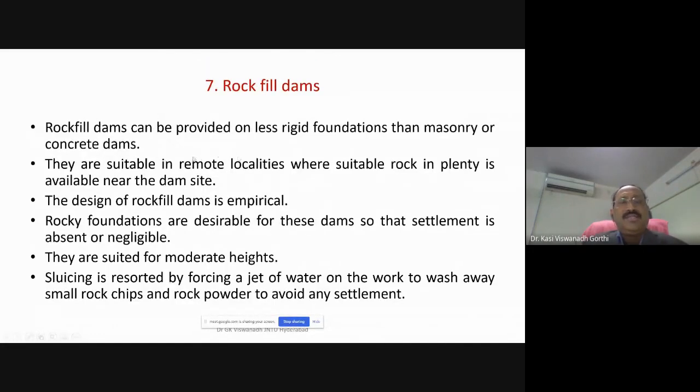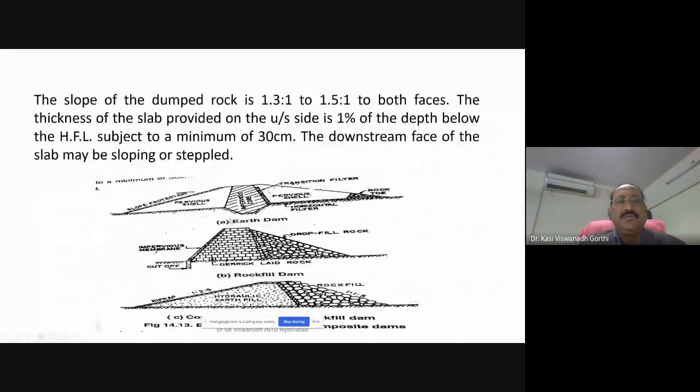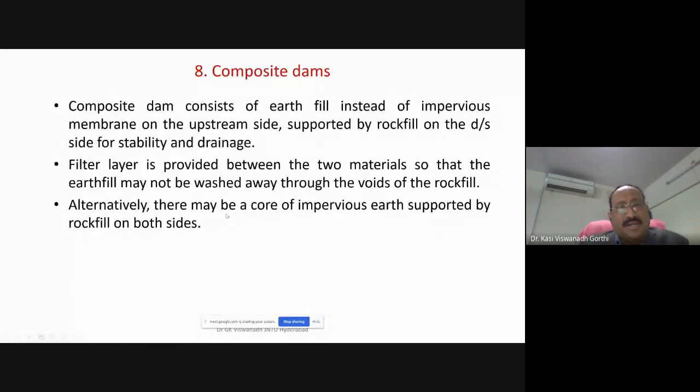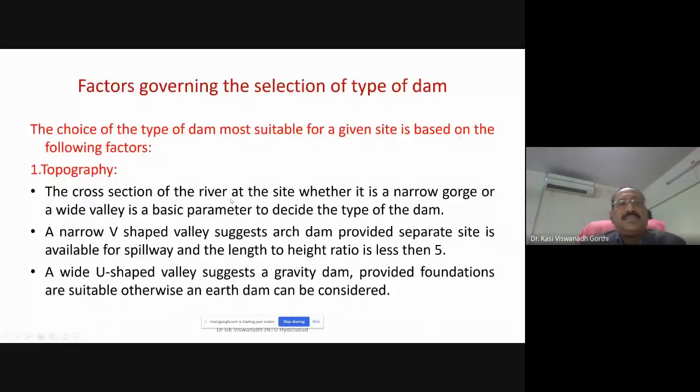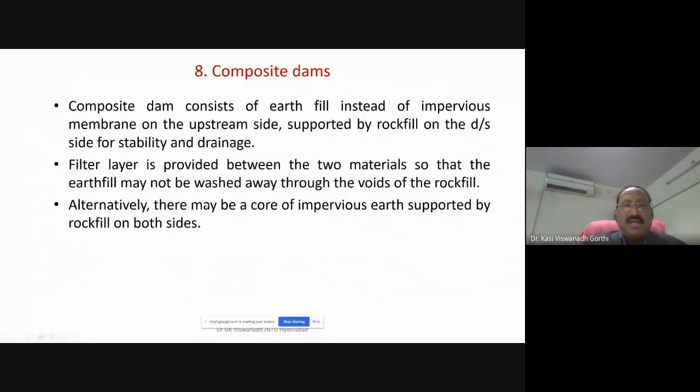And the last one is the rockfill dams. They are good, and they are also very cheap compared to the other concrete or masonry, gravity or arch dams. They cannot be constructed to very high heights, and they are also temporary in nature. A composite dam is a combination of dams, like earth dam plus masonry dam, or earth dam plus concrete dam is a composite dam. So these are all the various types of dams, the merits and demerits of different types of